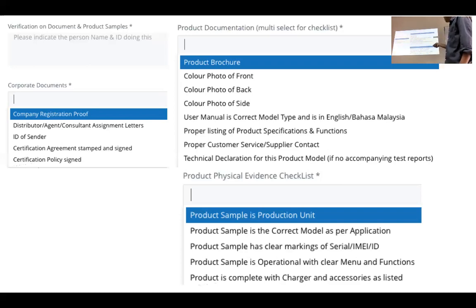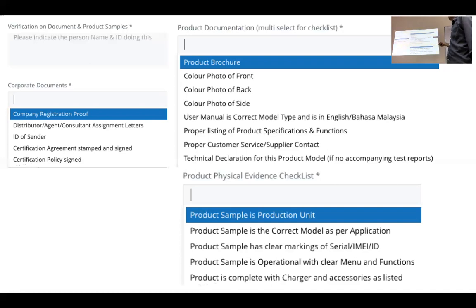Then in terms of the product documentation, actually semua ni kena select. Because these are all the requirements that we give to them already. But if they say they have product brochure yang sudah ada photo front and back, cantik-cantiknya, then we tak payahlah. We just select this one lah. Then this tiga, ini dua tak payah. Dan the side ni kita panggil dia hantarlah side. Okay? Because kita takut nanti dia punya side punya different. Especially berapa jack. Kan? Right?